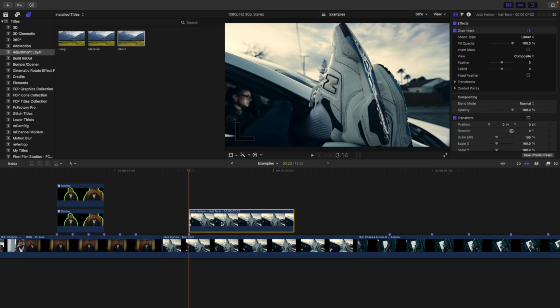Now we're going to enable the top clip, which is the freeze frame. Go to the transform tool, go over to tracker, click the drop down arrow, and then click on object track. That's the object track we just tracked on that logo. Because we linked the freeze frame with the tracker,